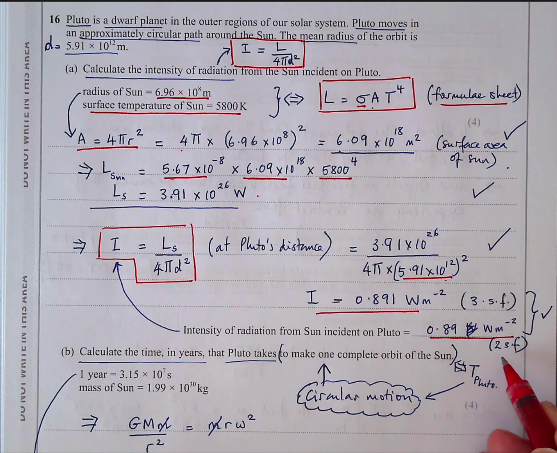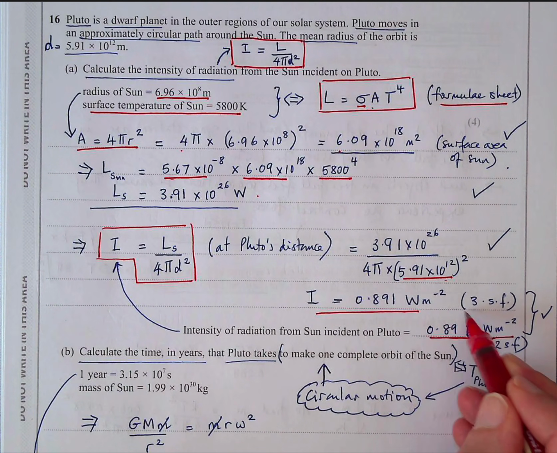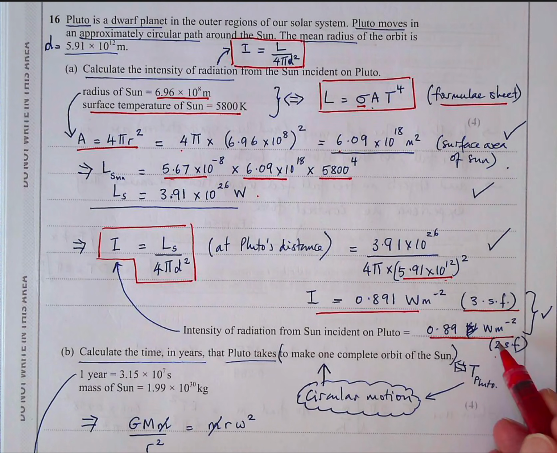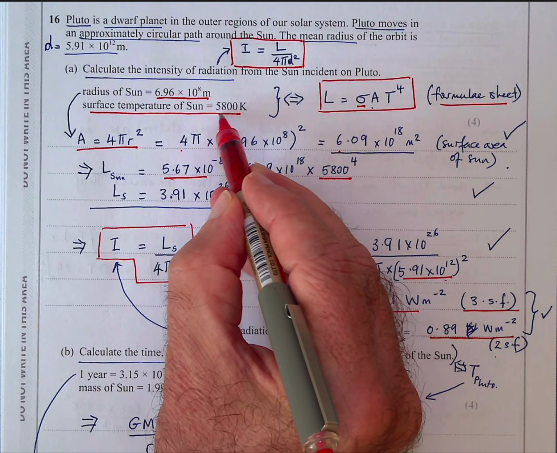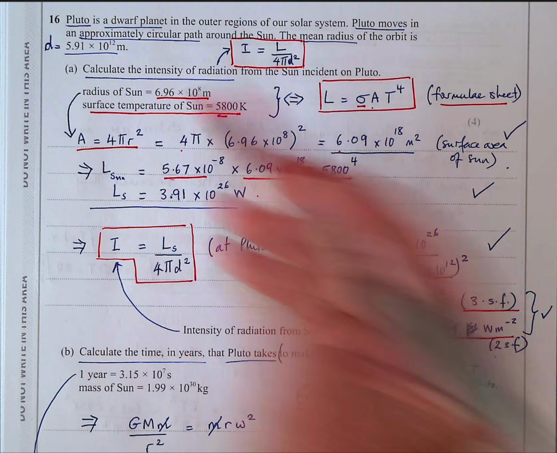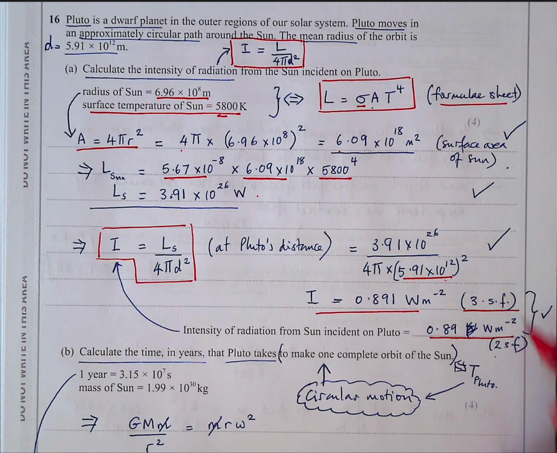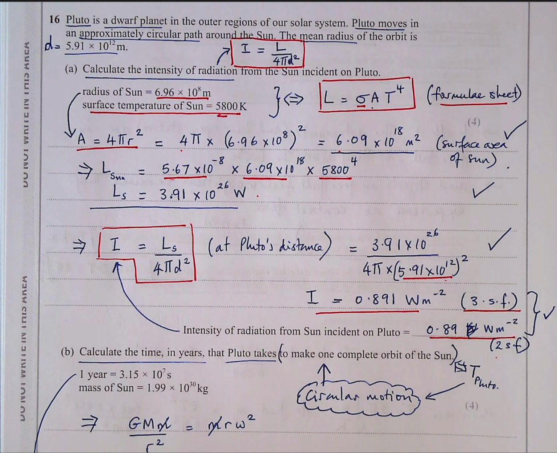So I think 2 significant figures is sufficient, but I always tell my students when you're calculating it, show your final answer 0.89, and then you can say you've rounded to 2 significant figures. I'm sure these values are not that accurately known. Remember, the temperature of the Sun is known to 2 significant figures, so 2 or 3 would be acceptable, and this allows you to hedge your bets and have 2 and 3 in your answer. Okay,